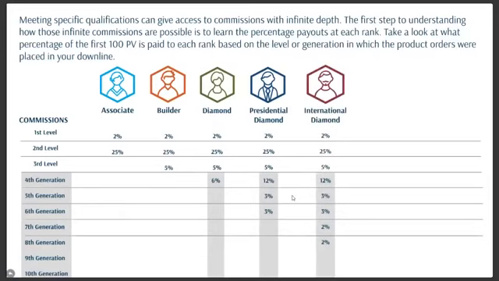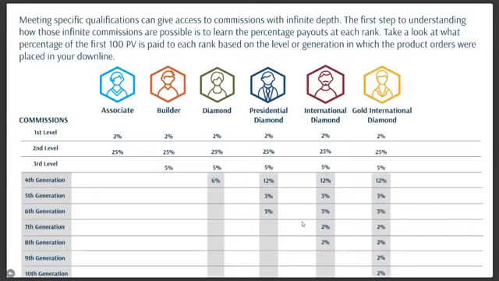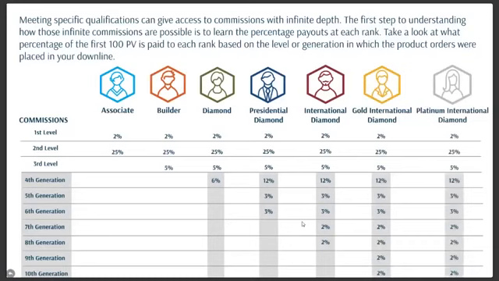The next rank is International Diamond. Everything stays the same except for we add a couple more levels here. We're paying 2 more percentages at 2% each. And then Gold International Diamond and Platinum International Diamond each qualify for 10 percentages, and we're adding 2 more percentages at 2% each. So everything that's within this gray box, all of those percentages qualify to be paid out with